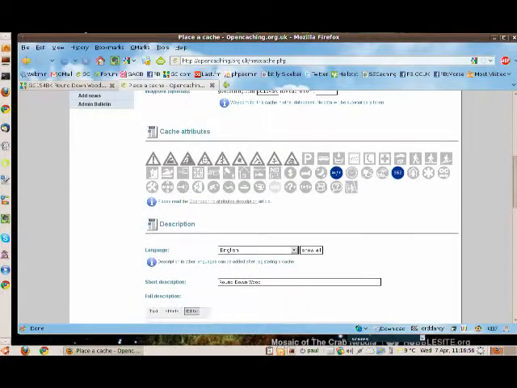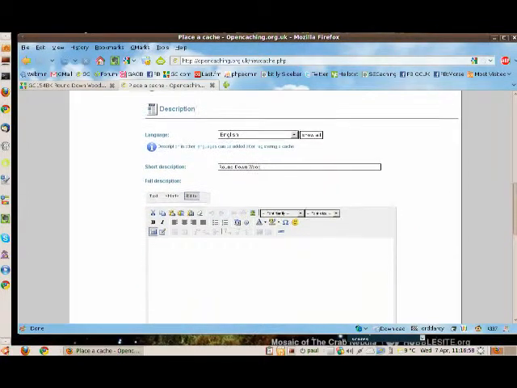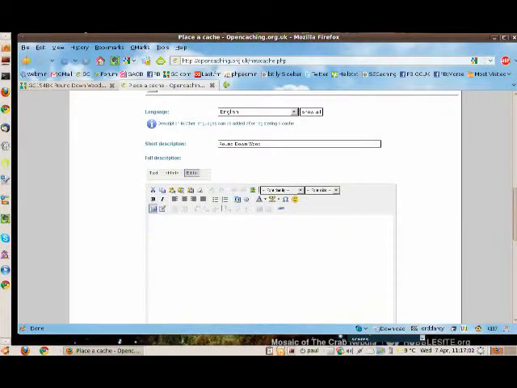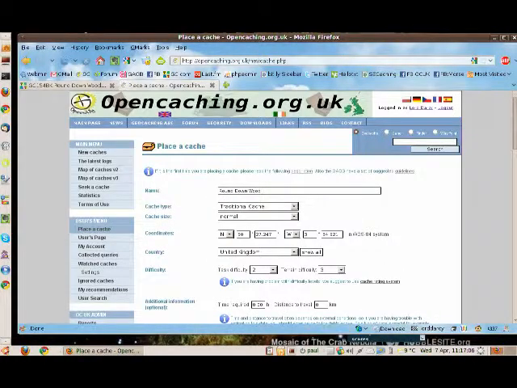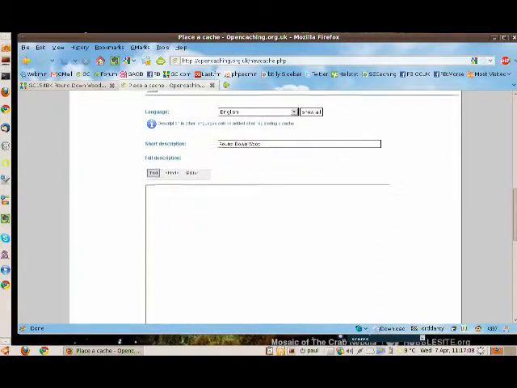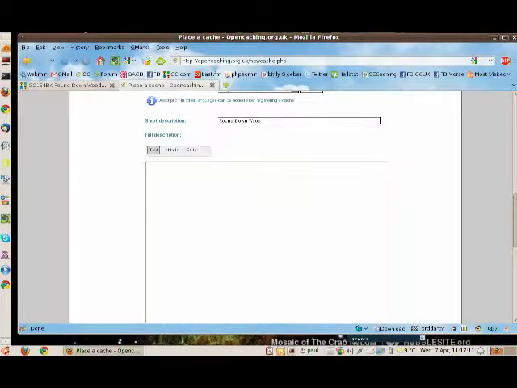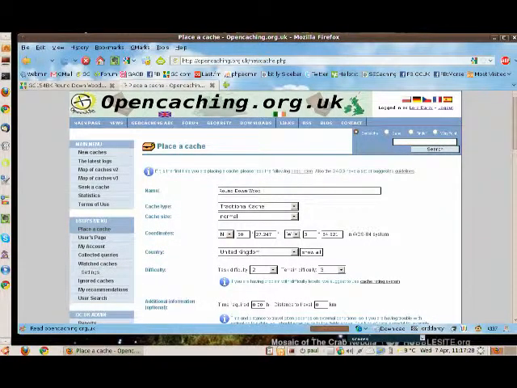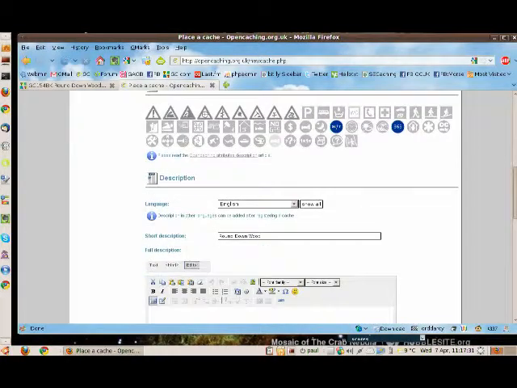Okay, if we go down to the main description box, if we click on text, it reloads the page and you've got an ordinary text entry box, plain vanilla text. And here we want to use the rich text editor, so we'll click on editor. Again, that refreshes the page. Scroll back down